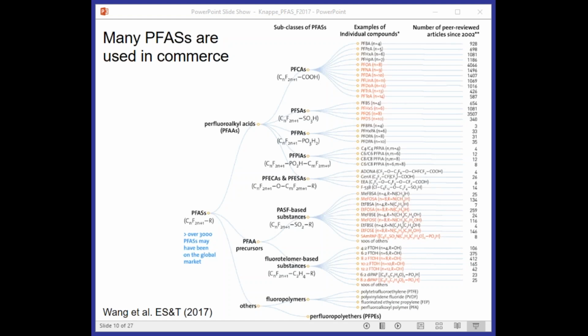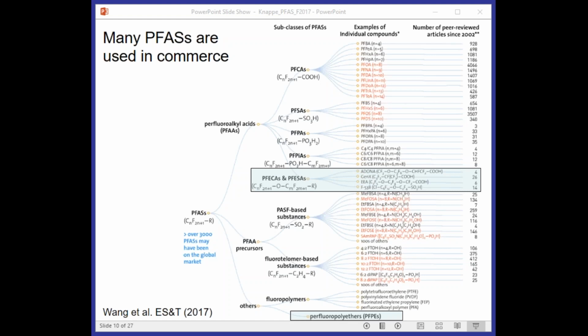I guess there's a group called PFECAs, PFESAs. I try to highlight that. That is a group of perfluorinated ethers that contain substances that are replacement chemistries for the traditional carboxylic and sulfonic acids. And we also study, there we go, the other class of compounds are the